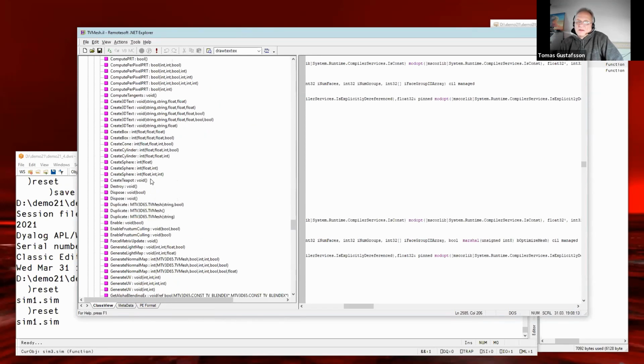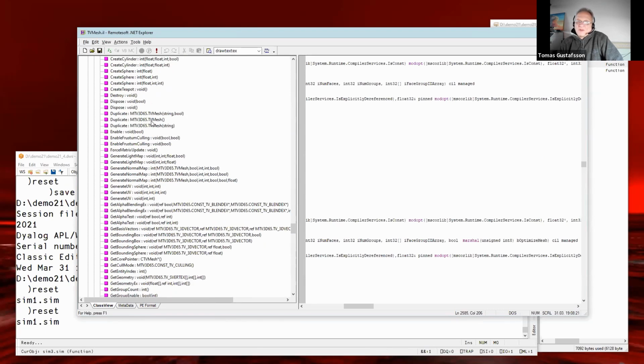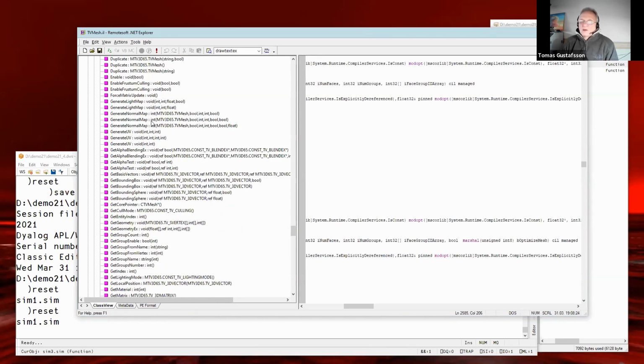And they have what we call overloads. Many of them, most of them, have overloads, and some of them are customized for taking APL arguments, because one problem with the rest of the world is that they like these structures, like here you can see a TV3D vector, which is three numbers. We don't like to embed three numbers into an object. That's only three numbers, what the hell?